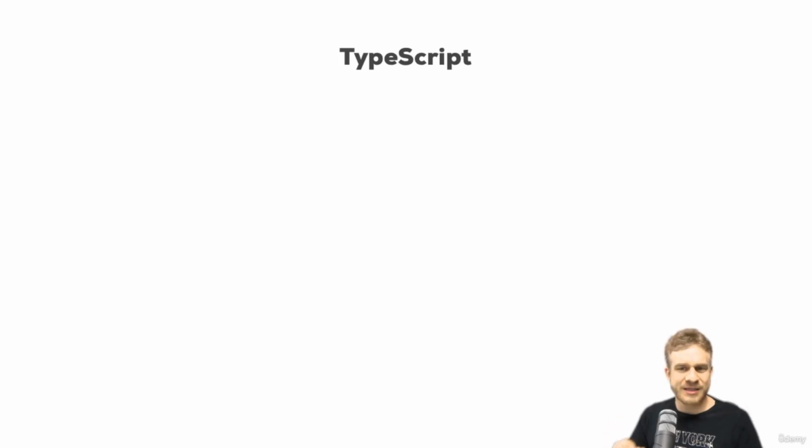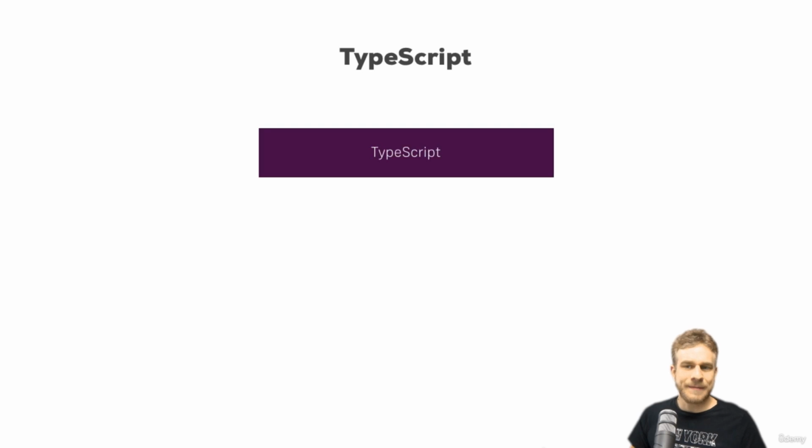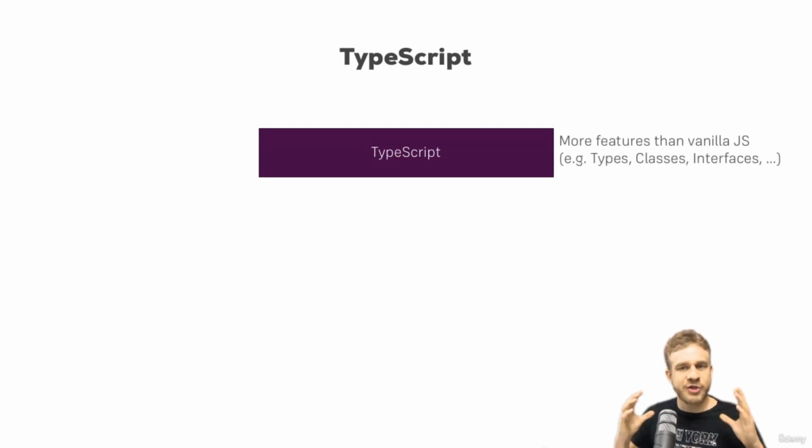No worries, we're about to get started soon, but I did mention that we're going to use TypeScript in this course. We already did use it when we changed the first app. What is TypeScript? TypeScript really is just a superset to JavaScript. It offers more features than vanilla JavaScript, like classes, interfaces, and very important, which gives it the name, types, strong